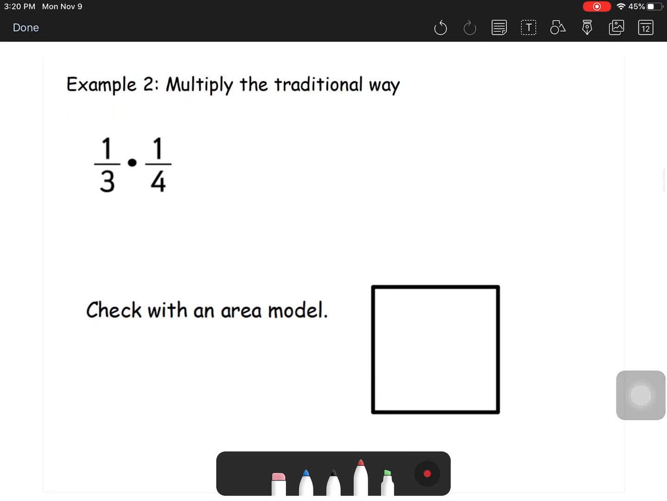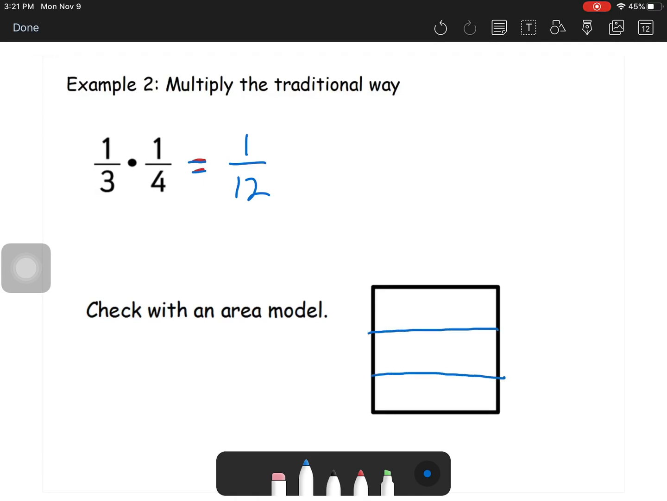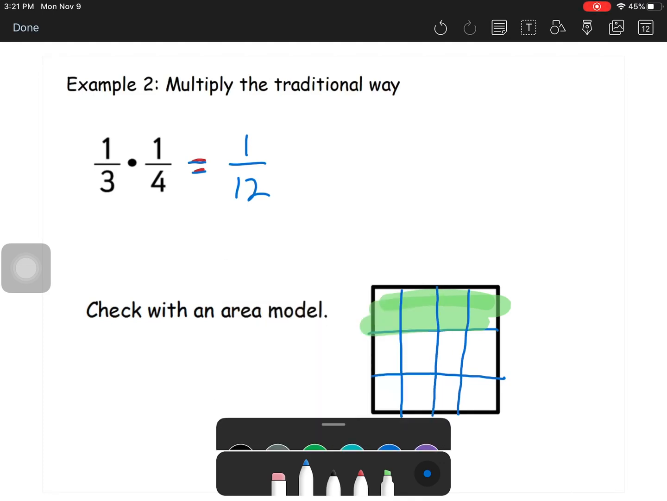Okay, here we're just, again, multiply 1 times 1 and 3 times 4. And so we're going to get 1 times 1 is 1, 3 times 4 is 12. And if I show this with my diagram again, thirds one way, and if I color in one of those thirds, and then if I go fourths the other way, and if I fill in one of those fourths,